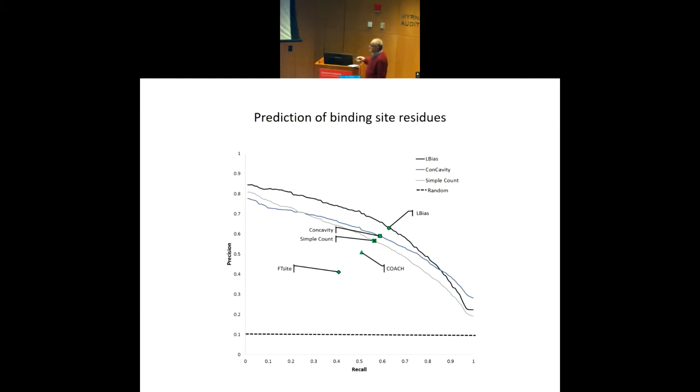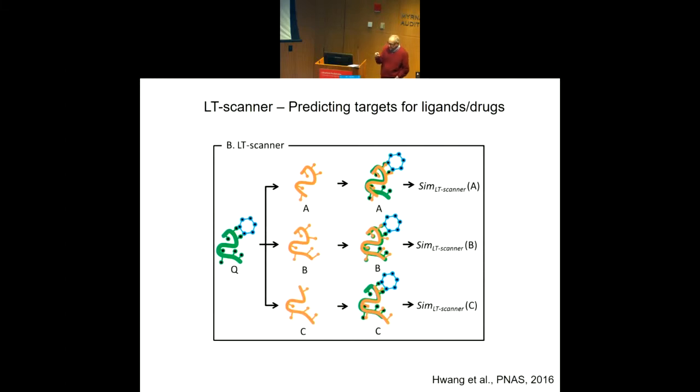This is a well-known problem, but we hope it's meaningful. And you can see that we do very well in predicting the location of binding sites. Now, predicting binding sites is just part of the story. What you'd really like to be able to do, well, there are a few things you'd like to be able to do. So the second problem we'd like to solve is to ask,